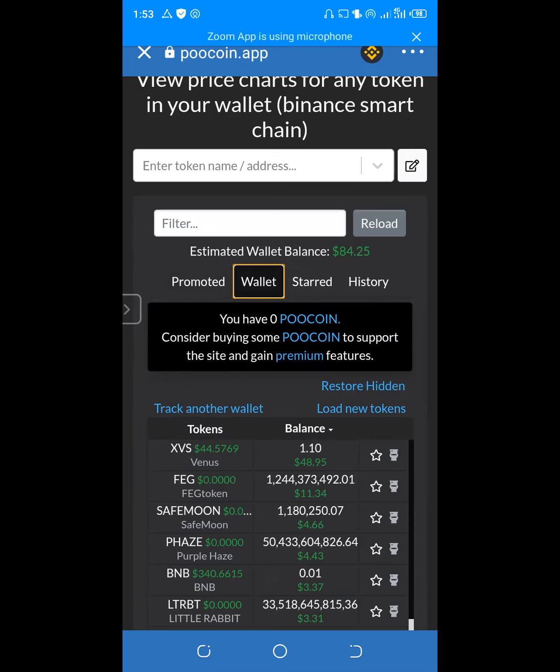All right, look at this fake token. The fake token has still gone down. All the coins have been dipping massively. Okay, so you can